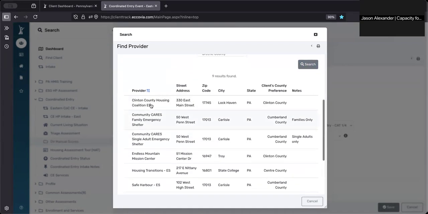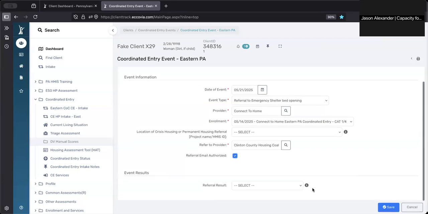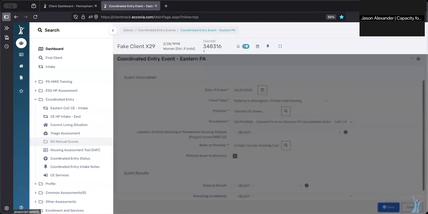What you would do next is select that program and check referral email authorized. That way, the provider will get a notification that you've made the referral and that it is on their provider dashboard waiting to be populated. The referral result, ignore that. That is for the provider referred to complete. And so when you click Save,